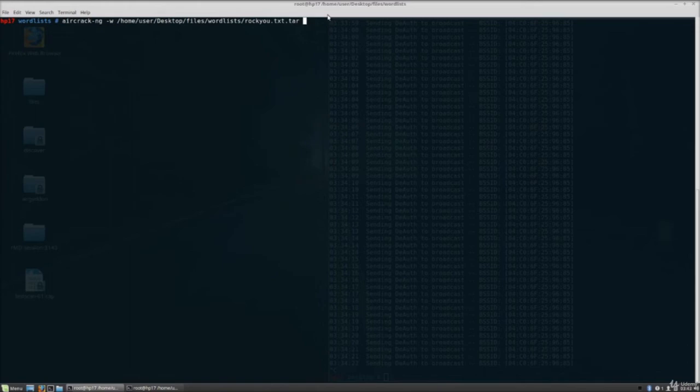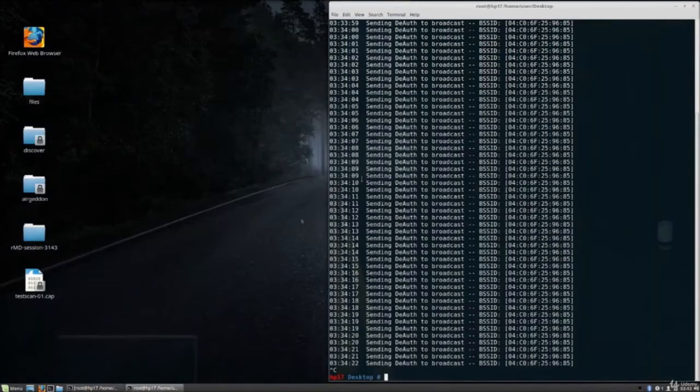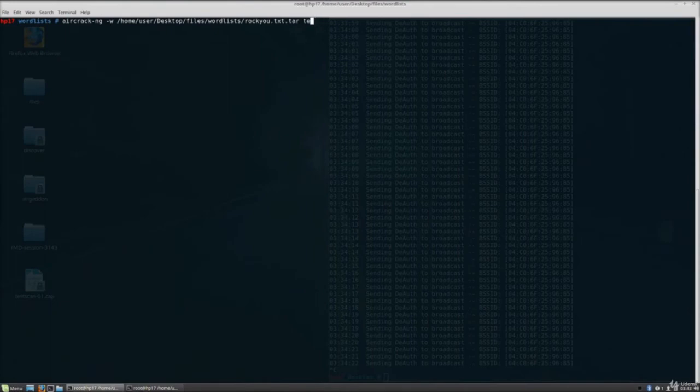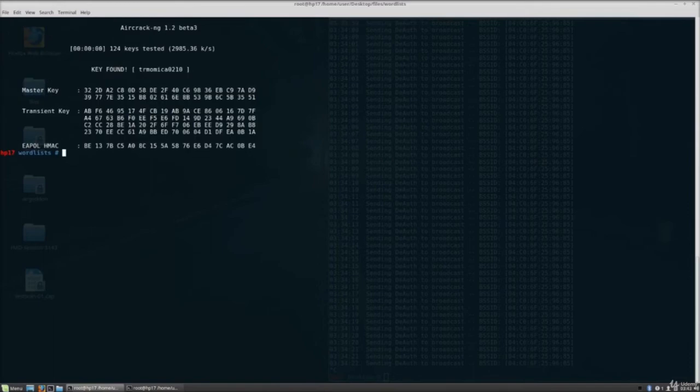using this attack. And the next argument simply goes right after this one, just type space and type the name of the .cap file that stores the four-way handshake. In my case, this is on desktop and it is testscan-01.cap. Simply type it right here. Oops. We need to type the full path to that file because I'm currently in the word list directory. If I was in the desktop directory, I could have simply typed testscan and then it would manage to find it. But right now I need to type the full path, press enter, and you can see that